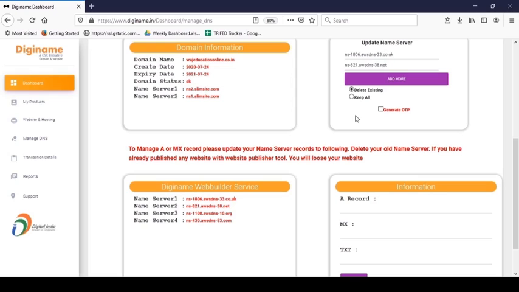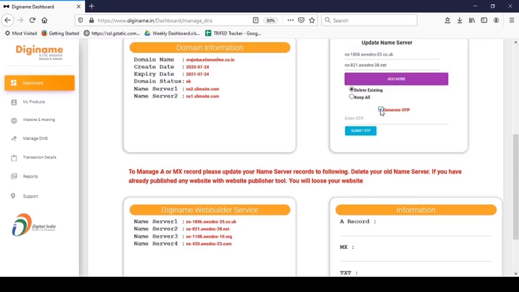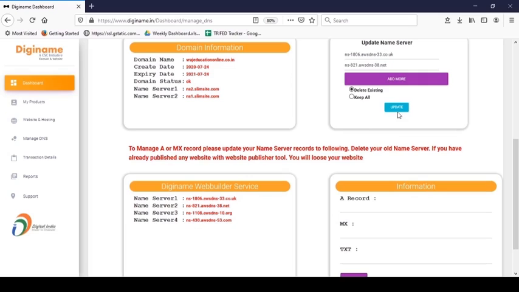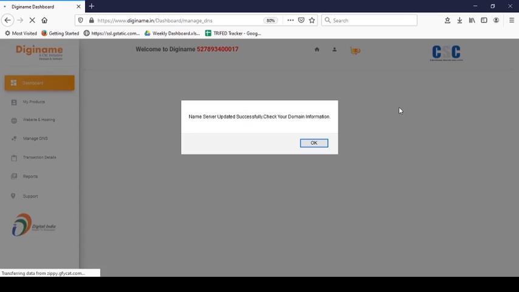After selecting Delete Existing, you have to click on Generate OTP. OTP will be sent to your registered mobile number. After entering the OTP, click on the Submit OTP button and then Update. You will get the message that name servers are updated successfully.